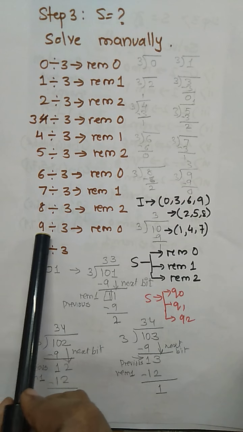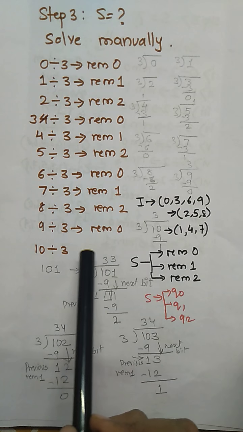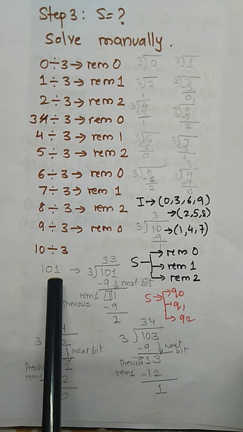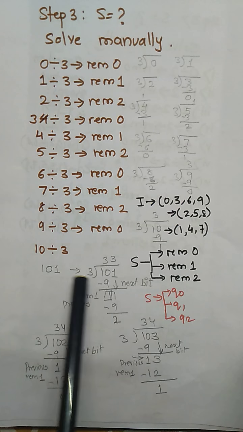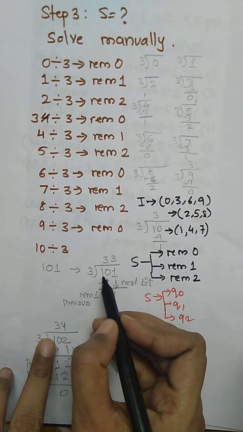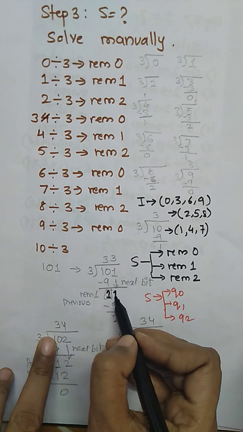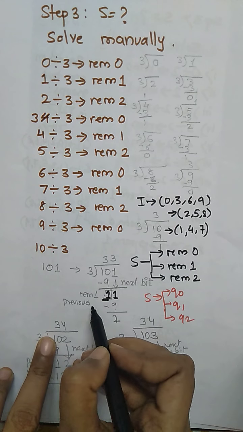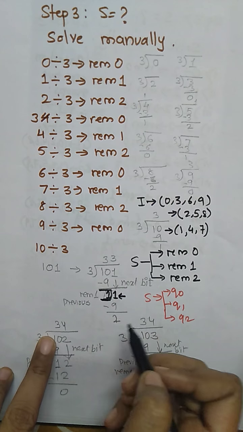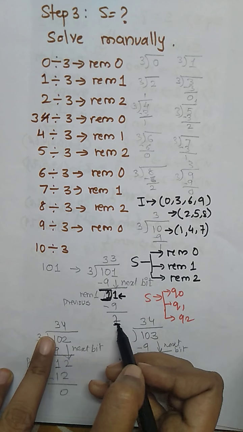Now after dividing till 9, we are going to divide 10. When we divide 10, the remainder will obviously be 1. Now suppose this is a 2-digit number. Now we are going to divide the 3-digit number 101. Out of that we are going to consider 10. 3 threes are 9, so the remainder will be 1 with the next digit as 1. This will be considered as the previous remainder 1 and the next digit 1 will make the number 11. Number 11 when divided by 3, we are going to get remainder 2.